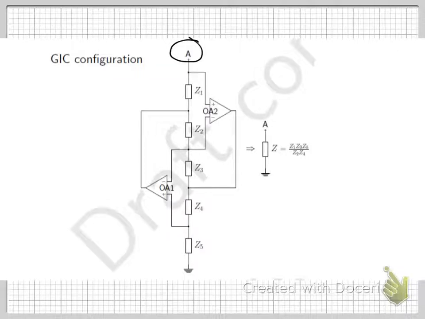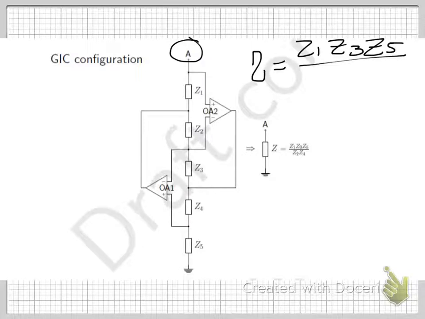So the circuit sees an impedance here that is equal to Z1, Z3, Z5 over Z2 multiplied by Z4. So if you were to replace, let's say, any of the top ones, Z1, Z3, or